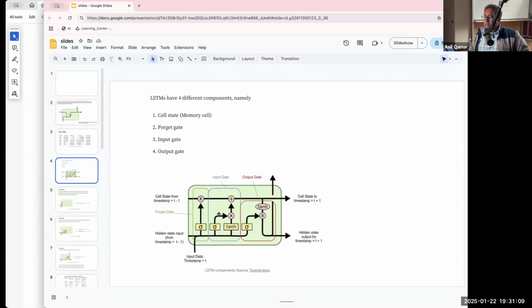In LSTM we have the cell state. That's a memory, and then we have a forget gate, an input gate, and an output gate. So this is how you can imagine one unit in the LSTM neural network. So the important message, or key takeaway from this, is to realize that in this neural network there is a hidden state. Where is the hidden state? The hidden state is here, right? And then the other thing is called the cell state.